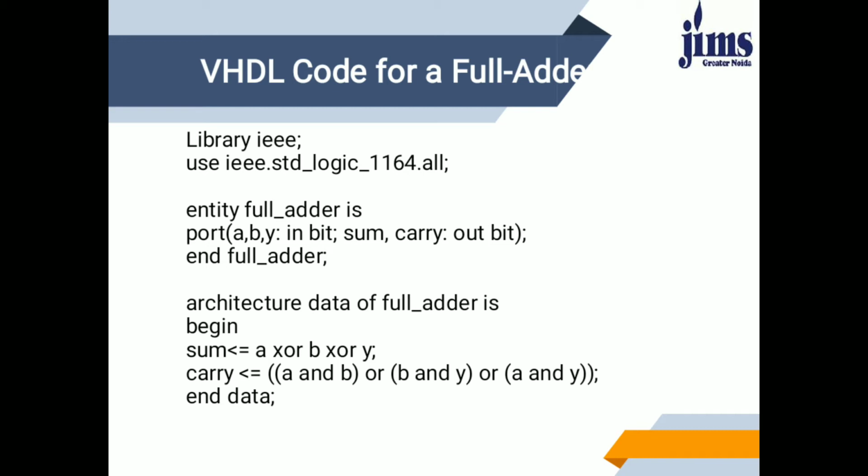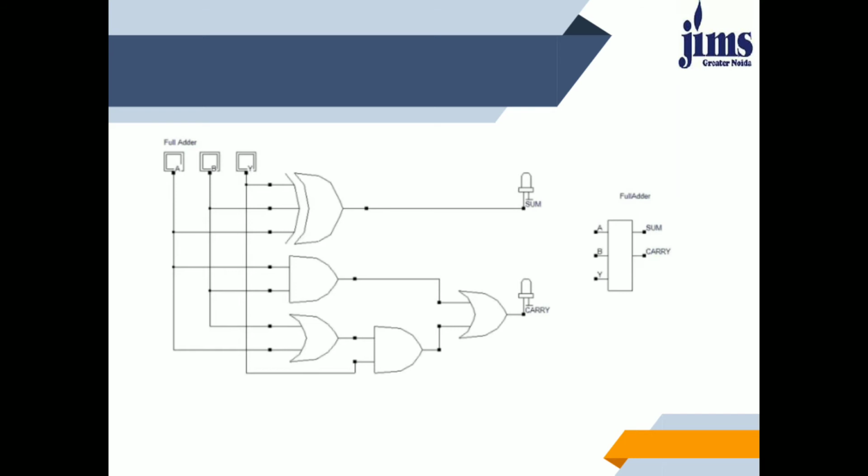And here I am taking input carry as Y and output carry is written as carry. So A, B and Y in bit. Here you can check a circuit diagram also. Here see, on the rightmost side, a block diagram is shown in which A, B, that is single bit, and another second bit is added with the previous inputs, that means Y. Because of this, two outputs are generated, one is sum and another will be carry.